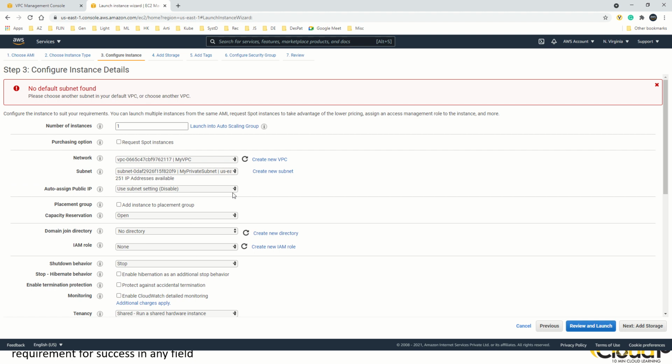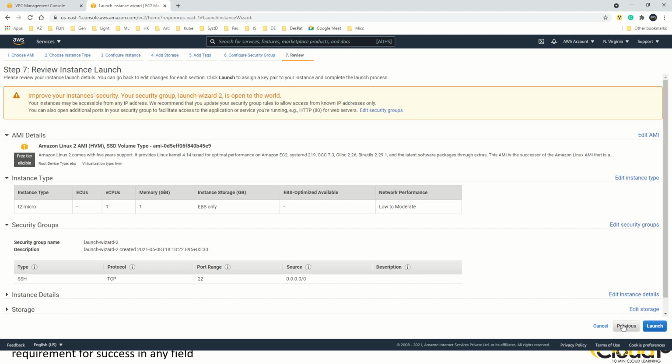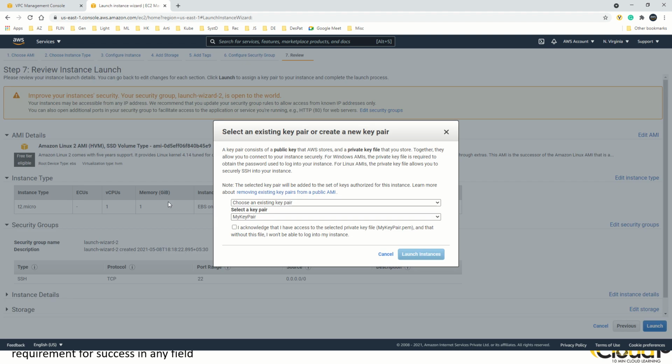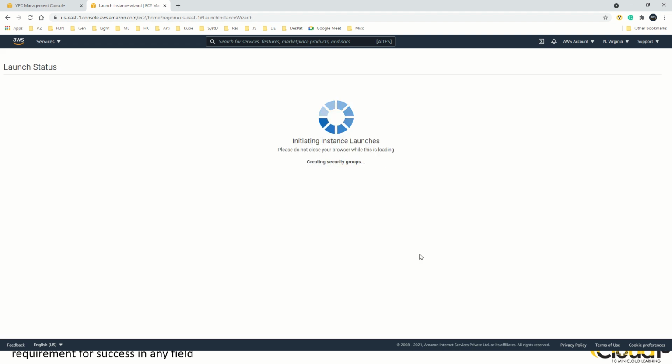It is very important to keep in mind that this option has to be disabled, which means there will not be any public IP associated with the EC2 instance that is getting created in my private subnet. I'll go ahead and review and launch, click launch, and use the same key pair, launch instance.